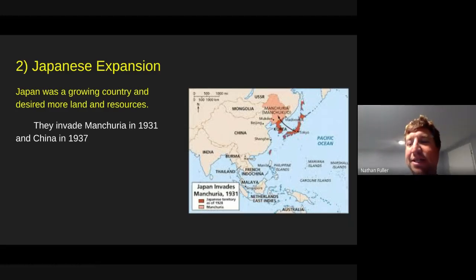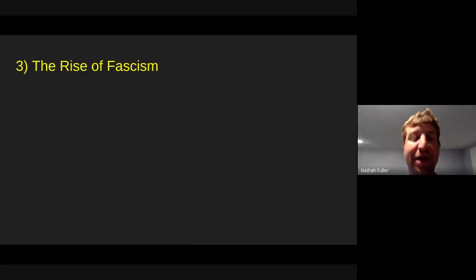And so they're already expanding. Now, Japan, again, yesterday we looked at those maps, and you're like, wow, it's so tiny. Japan's about the size of California. But remember, that is a large enough landmass to have a sizable population, have plenty of resources, and to be strong militarily. So don't look at China and be like, well, how could Japan defeat China? China's so much bigger. Remember, a lot of that's mountains. There's a big wall, the Great Wall, and Japan was a very powerful country.